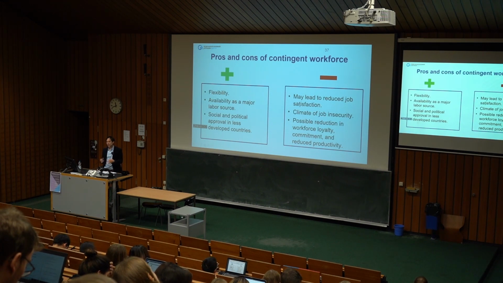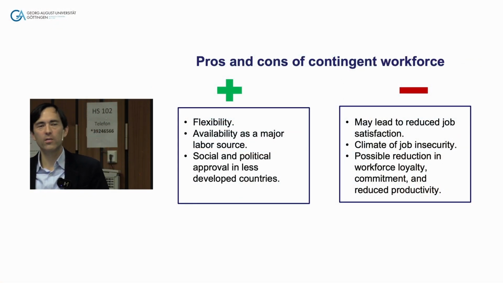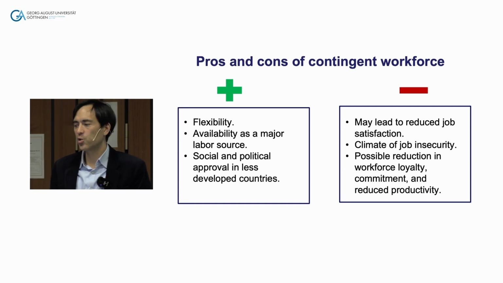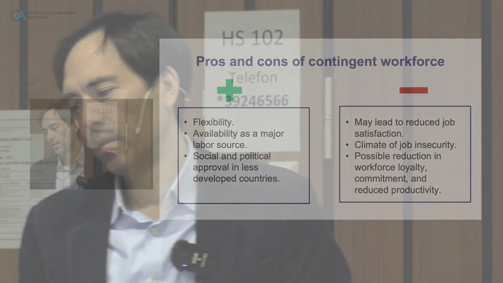In Japan, Germany also, they used to have rather loose regulations in terms of contingent workforce, so companies could easily increase the number of contingent workers, but they've been modifying the regulations. So it's also more difficult to hire a contingent workforce in Germany. A very clear negative is reduced job security, also reduced job satisfaction of these contingent workers because they're not working for your company, they're just doing their job, and then they may move on. And that can also lead to reduced productivity, loyalty, and so forth.